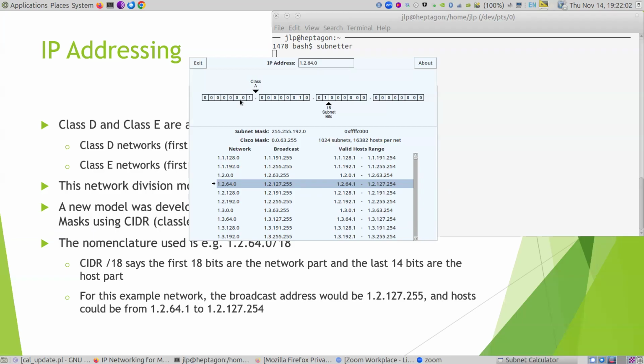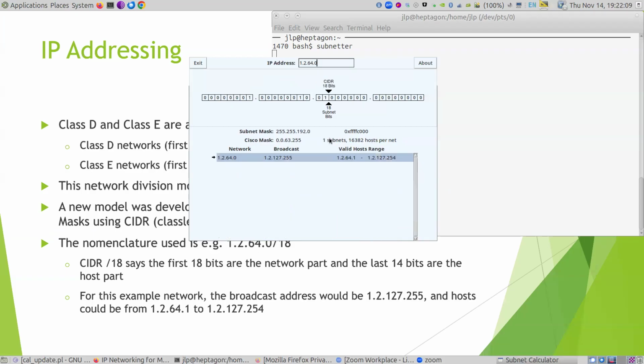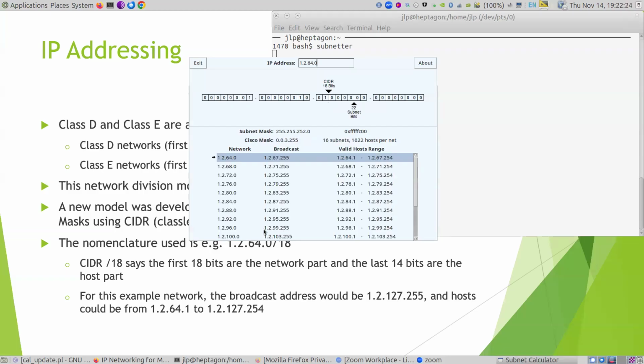Now, since we don't use the classes anymore, this tool is kind of out of date, but you can just drag this down to wherever you want the slash to be. So this would be the /18 CIDR with no subnets of that. If I was to purchase a /18 from my network provider, I personally could subnet that even further and get multiple networks within my network, right? So I have that ability. And a lot of your ISPs will do that.